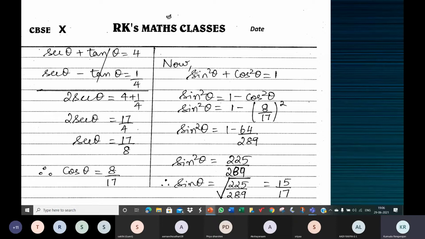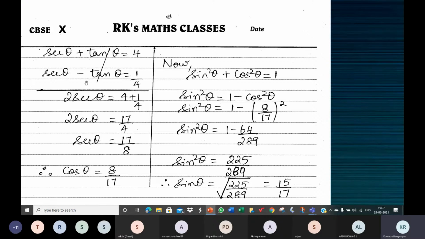Here also, children, supposing you change the signs, then you will get the value of tan theta. Like Shreya mentioned, you can find secant theta, tan theta, and then find sin theta. That's fine. You will get the same result. Here, what I've done is cancel tan theta plus tan theta minus tan theta. I'm adding the two equations, so you find secant theta. You know the reciprocal of this is cos theta. And to find sin theta, use this identity, substitute the value of cos theta and work out sin theta.